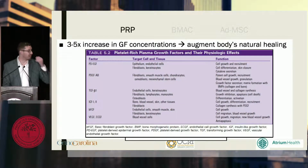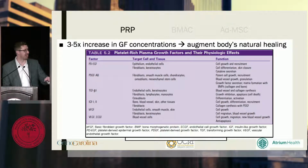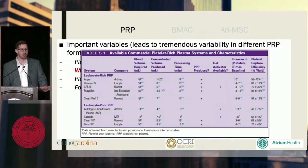And here, again, is a list of some of those different cytokine growth factors and the basic science behind them, and why it makes sense that this would be beneficial in some of the different ways that we're using it. So it's really important to understand that not all PRP is the same. The variables really do matter, including in particular the platelet count, and then specifically, as you'll see, the white blood cell inclusion and formulation. Currently there are more than 16 commercial PRP systems available on the market,